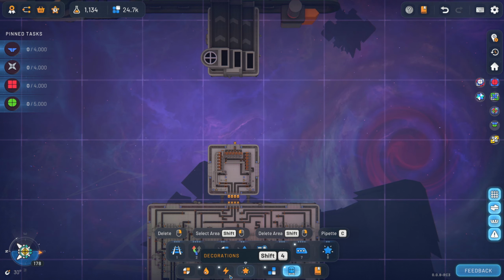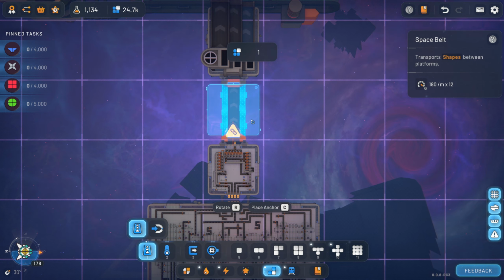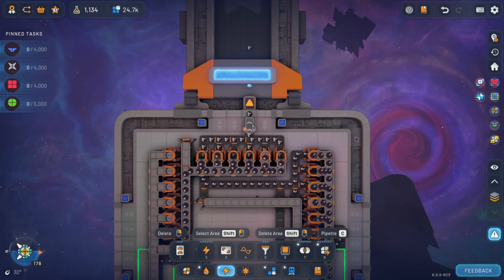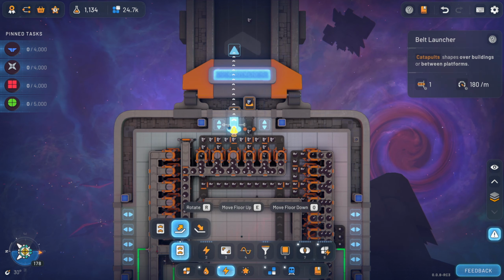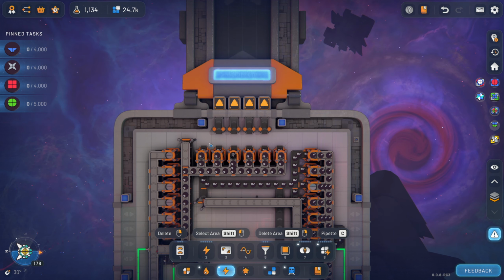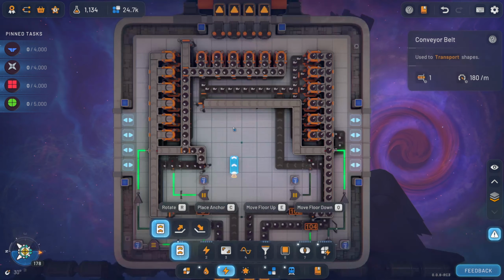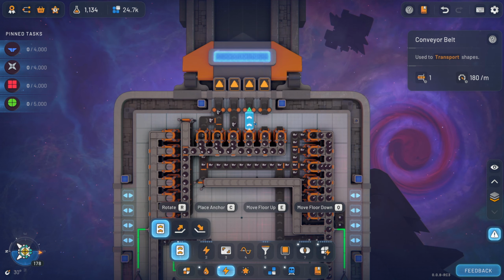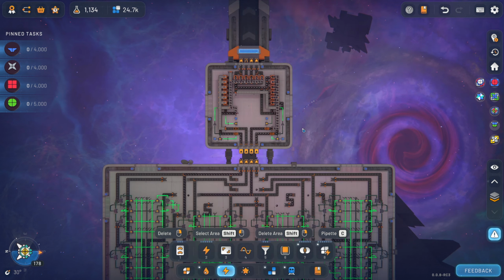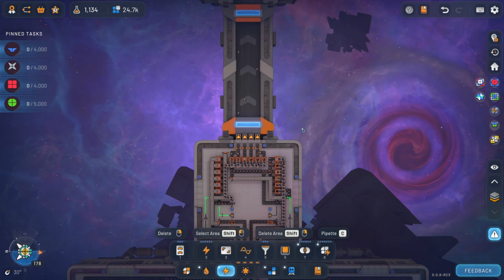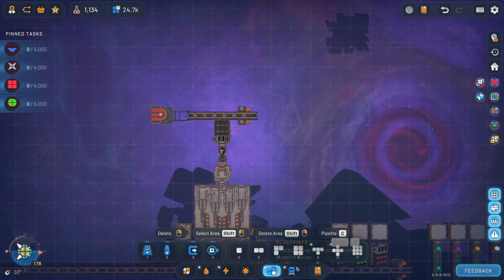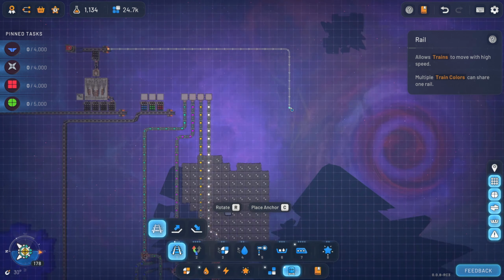For some reason, it's not going, and it's because I didn't use a belt. Okay. So there we go. And I guess there's no magic to this. We could just go like this, right? I don't know. The heck, doesn't really matter, does it? They're all on the same level anyway. Okay, we'll just connect those two. There, whatever, it doesn't matter. We're just pumping them up. Okay, so that's gonna be hopefully one full belt of this item. And then all we gotta do is hook that thing up to our